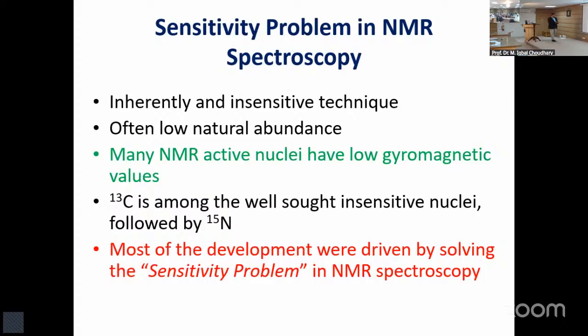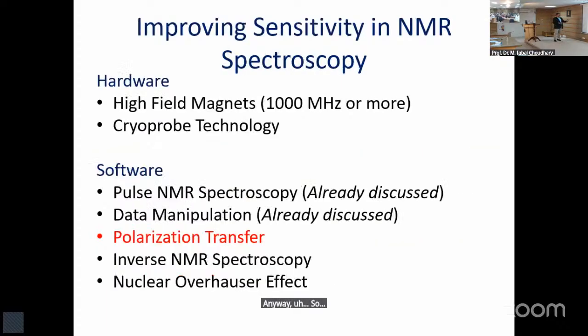Anyway, the most obvious was high field magnet. More and more magnet. With the advent of superconducting magnets, it was so easy to develop large magnets. There's also a limitation, because you cannot really develop a magnet